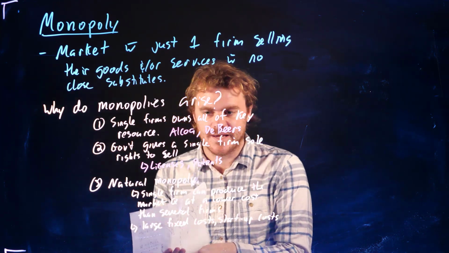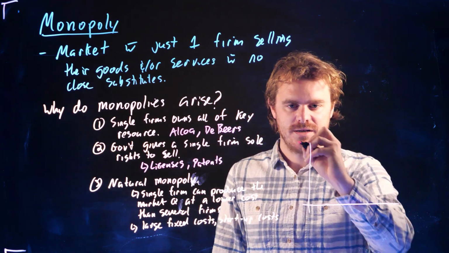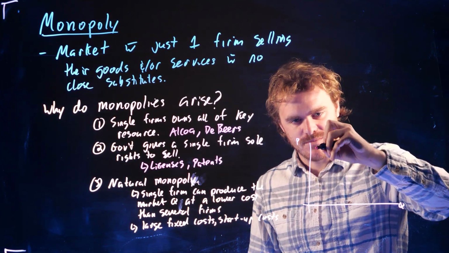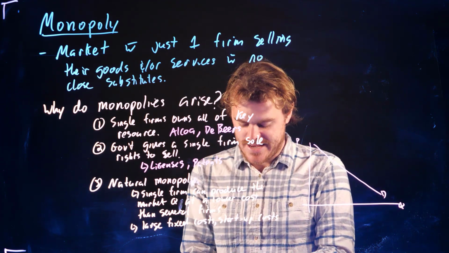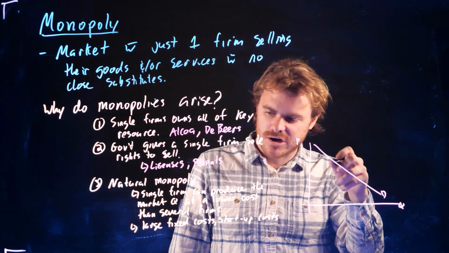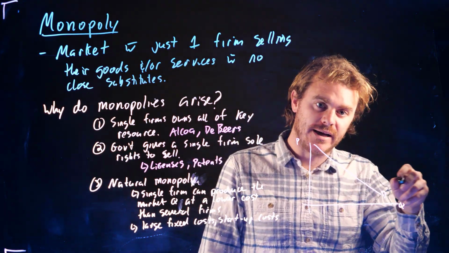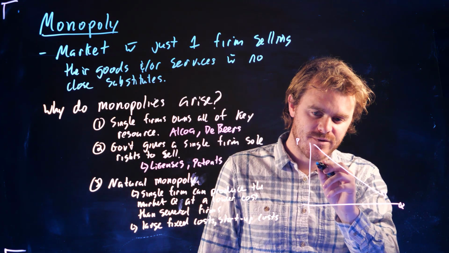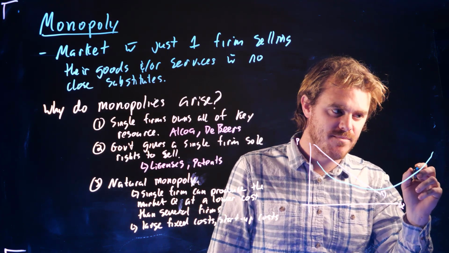Think about this graphically, this idea of a natural monopoly. We can draw a little diagram over here. And so what's happening in these natural monopolies is that you can have a demand curve down like this, but we have the average total cost. You have large economies of scale. And so the average total cost is falling along a huge period of quantity. So maybe our average total cost curve looks something like that, and then it eventually goes up.